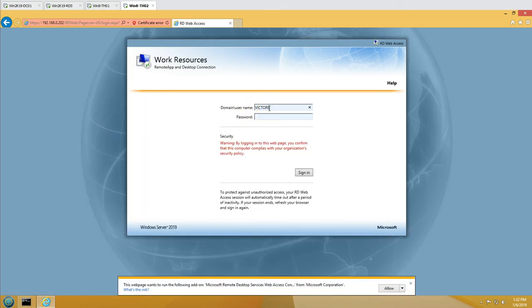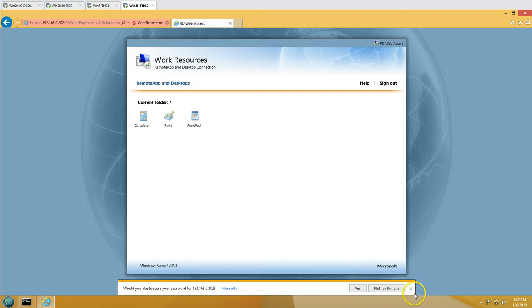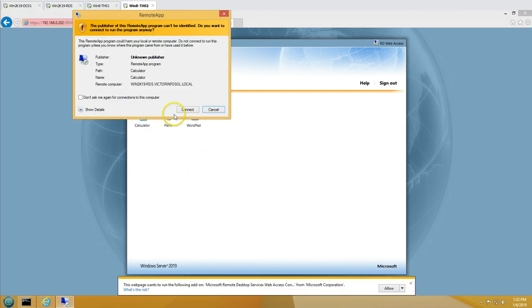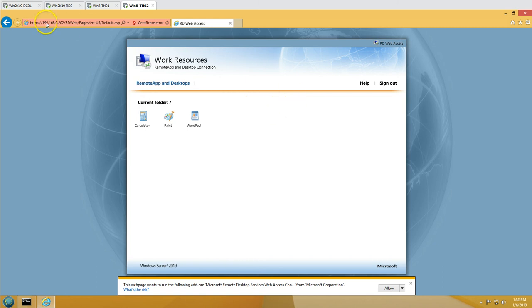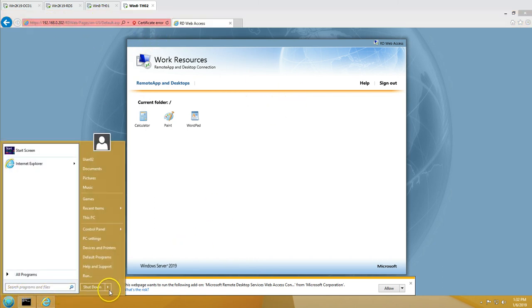Now I'm going to put my credentials, Victor Infosol and user02 and password for user02, and we got in. And now I'm going to launch calculator here. So open and let's connect. So this machine has some issue because it's not going to connect through the name, so I'm going to reboot